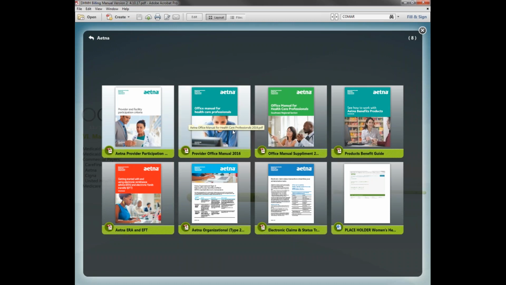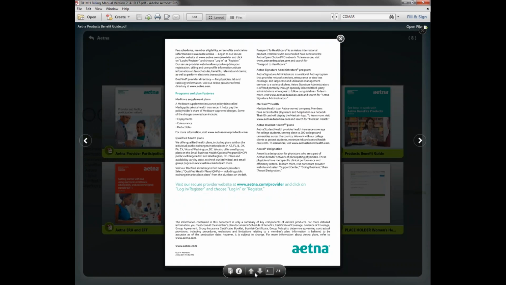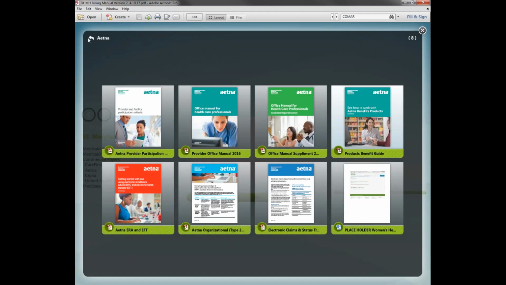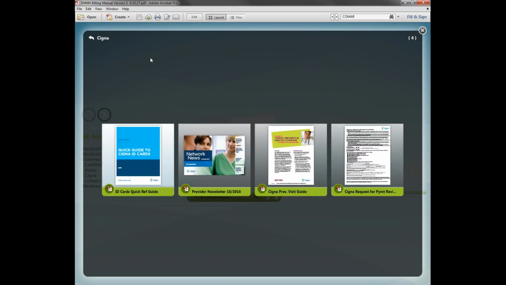Again, it's the same thing: provider manual, products. The products have all their insurance cards listed, and what they have coverage for. If you're not contracted with the payer, the patient's deductibles and copays will be higher, and your chances of getting reimbursed are